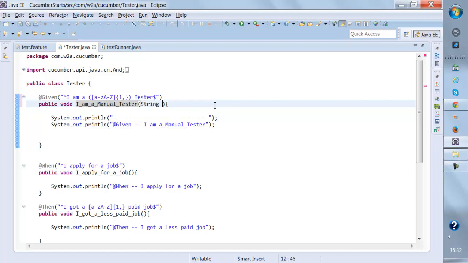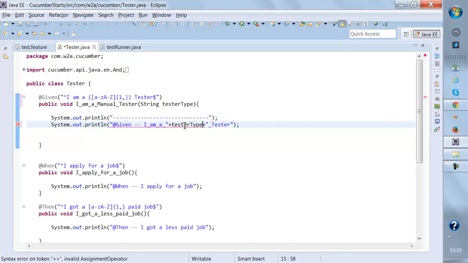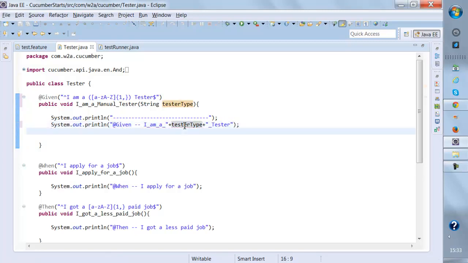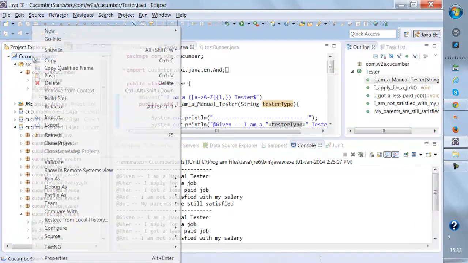I'll create one variable and call it tester type, and add this variable over here. Instead of manual tester, I'll break this and add tester type. And when I save this and run this again,